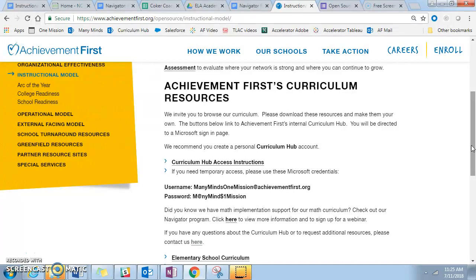That means you can access our daily lesson resources and use them as you see fit for your students in your school. This wouldn't be possible without the very hard work of Achievement First teaching and learning team who put together these materials, who vet them, who review them, who iterate upon them year after year to strengthen them. We're really grateful to that team for creating these resources in the first place so that they can be accessed by teachers and networks across the states.